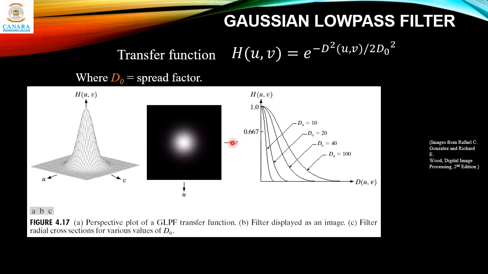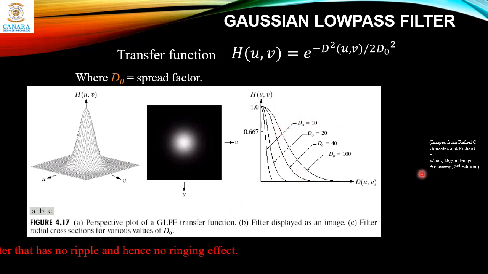Okay, so how much this transition spreads is given by the d naught. Now similar to the Butterworth filter, the response is high at the origin, and as you move away it tapers off to a low value or zero. And so if you apply various values of d naught, this will be the response. As you increase the order, it becomes smoother and smoother, and if you decrease the order, it basically approaches a kind of step function.